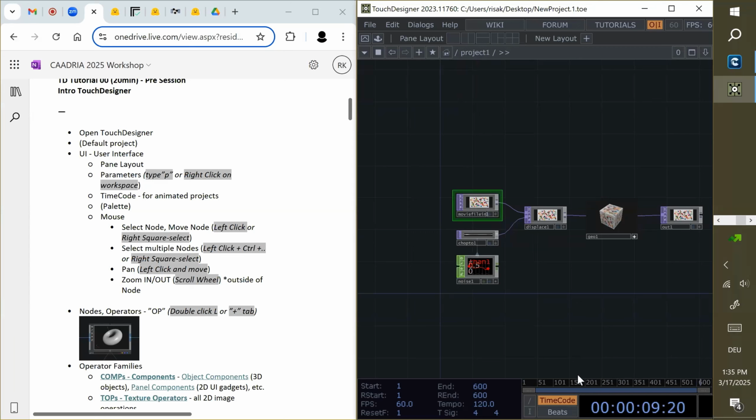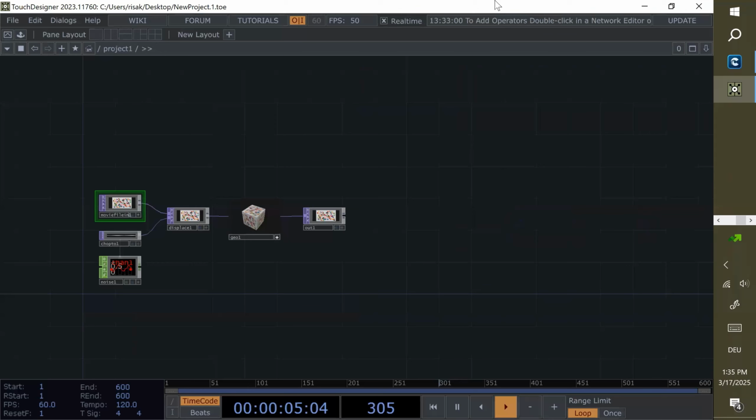And what you have here at the bottom, there's a time code. If we do some animation project, we use this one, but right now it's just running and it's a bit annoying, so we just close it. So we can just stop from here and just put here to have 0.